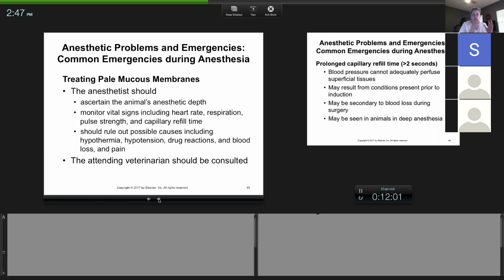Remember, I said to you guys a long time ago, you can never look at one value and just judge a patient based on that value. Also, I would let my doctor know, say, hey, FYI, this patient's pale, did not get dexmedetomidine, blood pressure doesn't look great, I'm concerned about heart rate, and